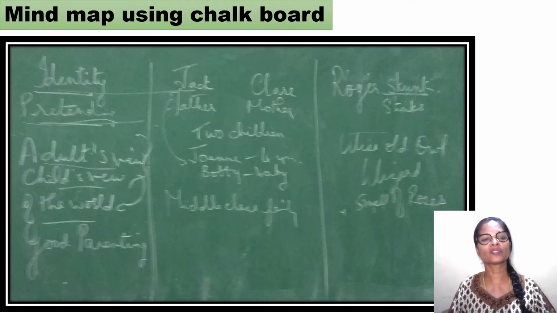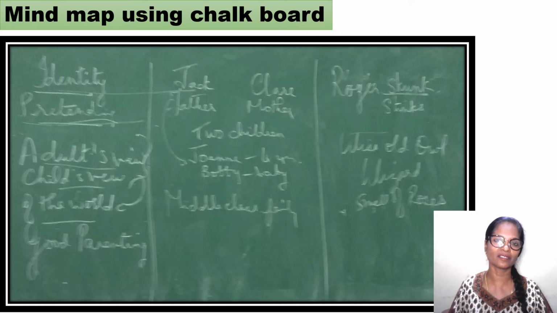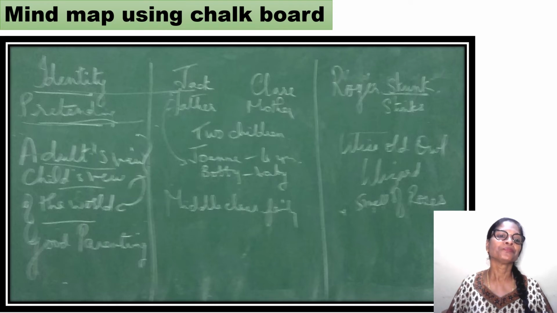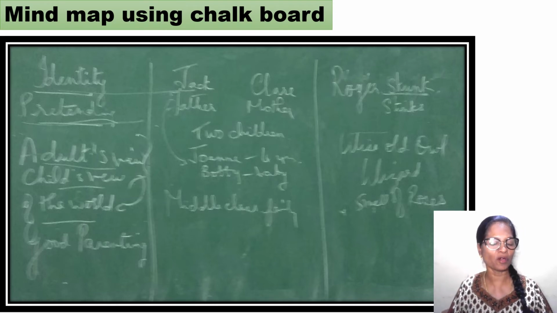Like here we are talking about identity, we are talking about pretense, the world of pretense, where Jack is talking about his wife and his daughter. Like she pretends, the daughter pretends like the mother, the way the mother pretends in parties and all that. Okay, and then the adult's view and the child's view. Now that's again very important. We mix up everything and we expect the child to be just like an adult and understand everything. So here there is a clear demarcation. The story talks about how the child looks at the world and what the child knows, and of course a little bit about good parenting.